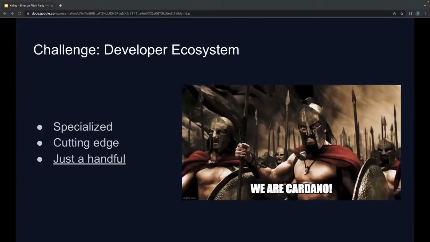Okay, a little bit about the challenge. We are in the developer ecosystem, and when I think about Cardano developers, I always picture the movie 300. It's a group of experts, very specialized, cutting edge, and just a handful. I think that we might be around 300, not much more than that, active developers, but I really don't know. The thing is, if we want to drive adoption to Cardano, we need more projects, more applications, and for that,